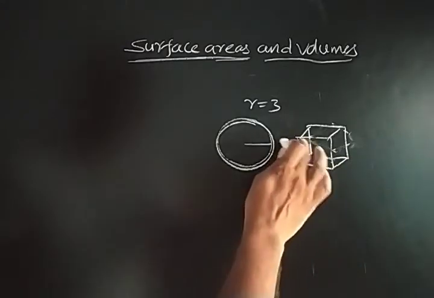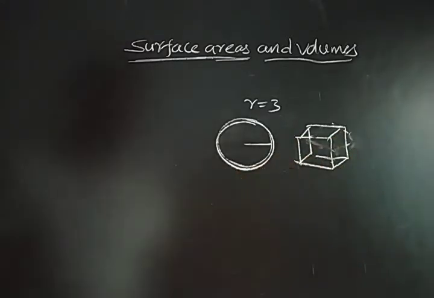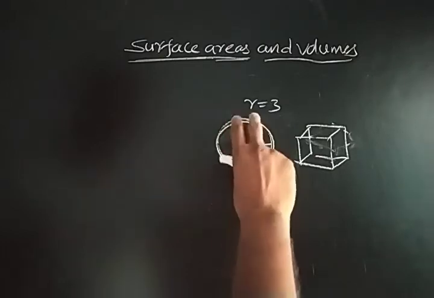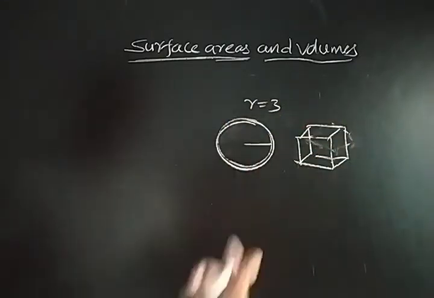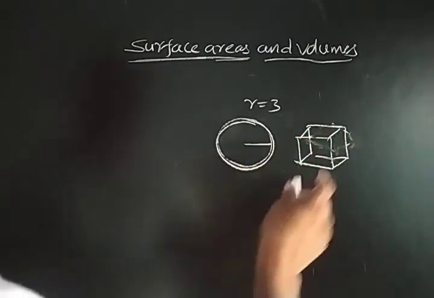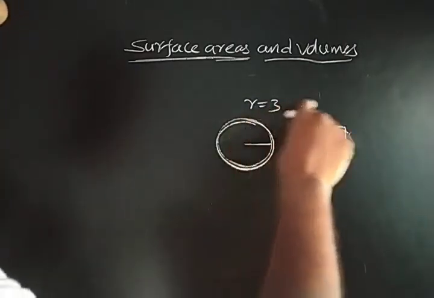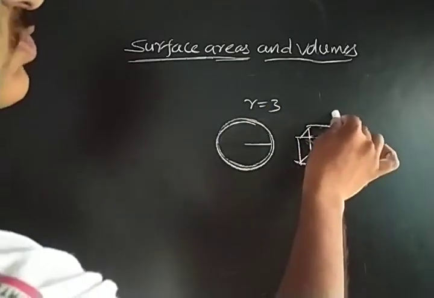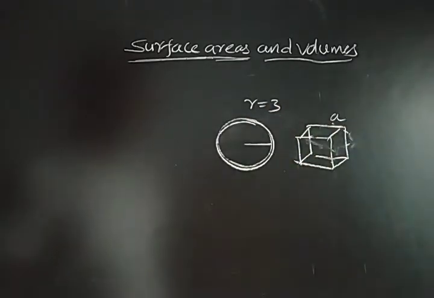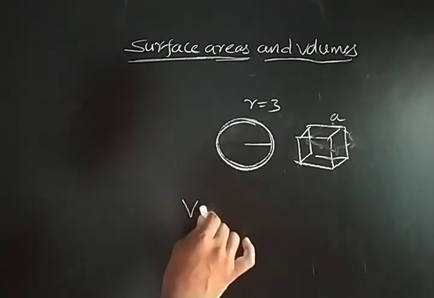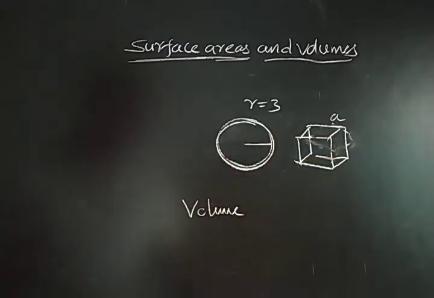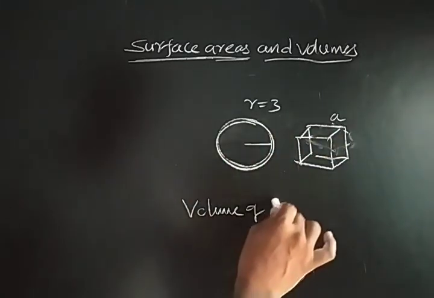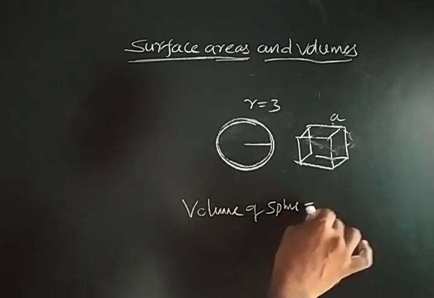That means the material will not be changed, so the volume will not be changed. We are just melting and recasting, changing the shape of the figure, but the volume is the same here. So if we are melting the sphere and recasting into a cube, and they ask what is the edge of the cube, at that time you have to take that after recasting, the volume will be equal. So volume of sphere equals volume of cube.